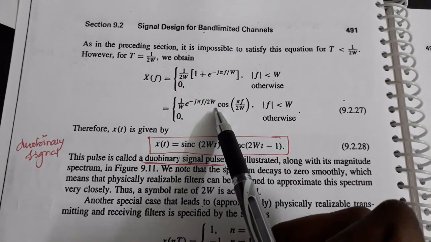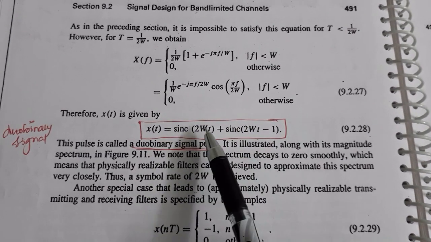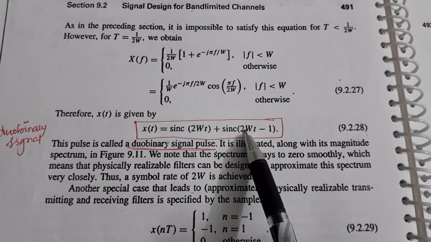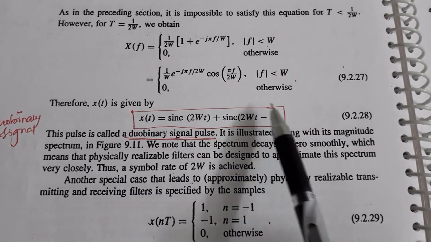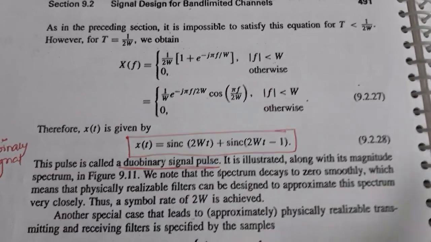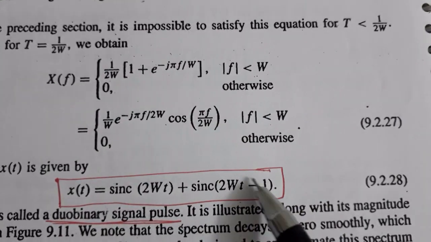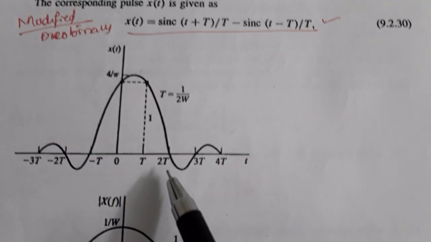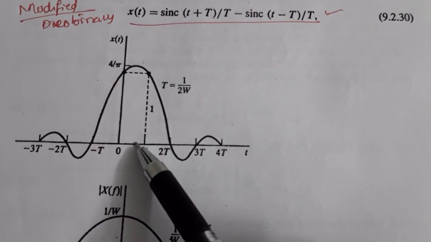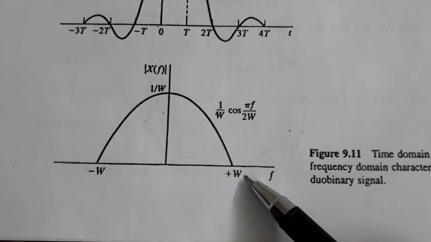And this is another way of writing it, and this is called duobinary signal. This equation is a sinc function, two sinc functions are there. This is a duobinary signal, and remember this term is shifted here. Because of this second term, I am going to show you the duobinary signal spectrum. This equation spectrum is this, and because of the shift there, 2WT minus 1. So this is the zero point here, and it is shifted here. So this is the duobinary, and the spectrum of this is also given like this, you can learn it by heart.